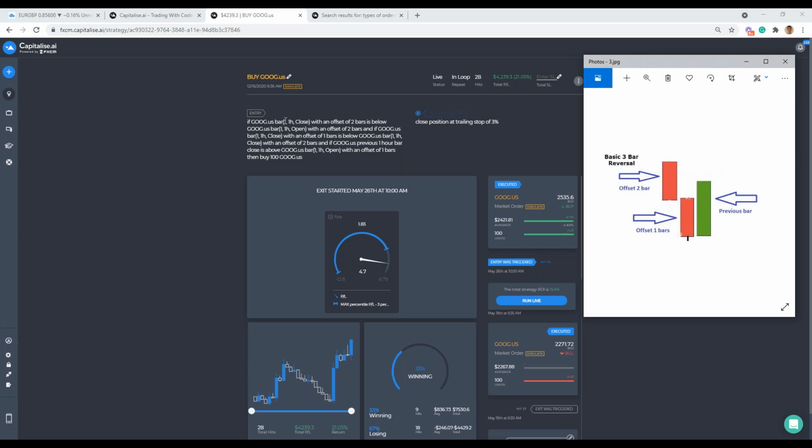If Google bar, we're talking about any bar with this sentence here, bar 1 hour closed, and then we give it a name with an offset of 2. So we're speaking about the close of that bar with an offset of 2 is below the bar 1 hour open with an offset of 2. So we know we're speaking about the same bar. We've named each bar, and we know we're speaking about the close and open, and now we just have to